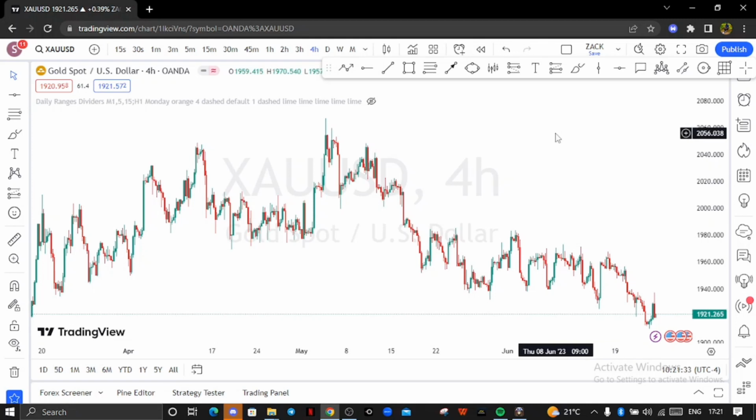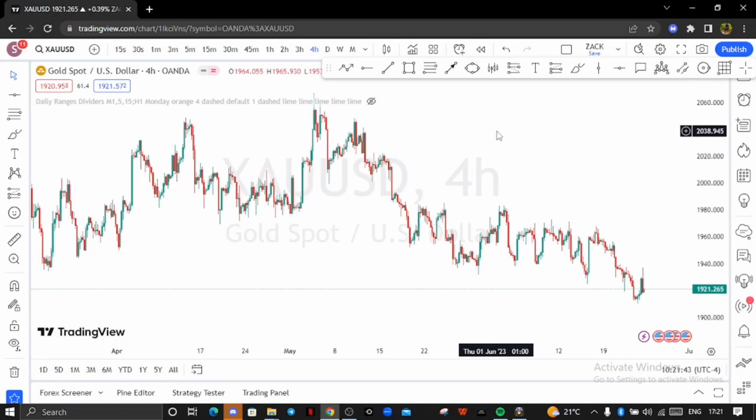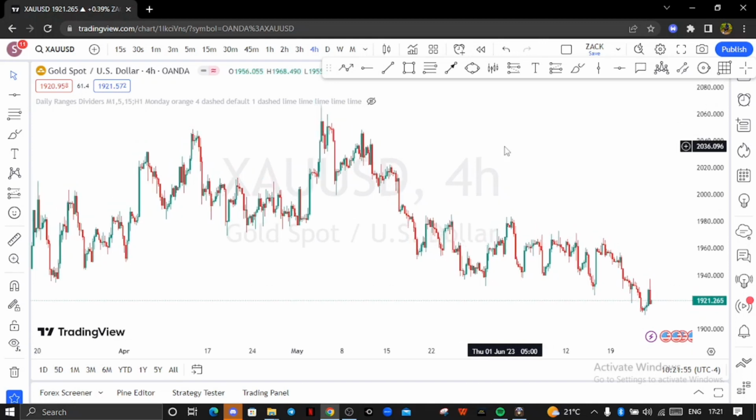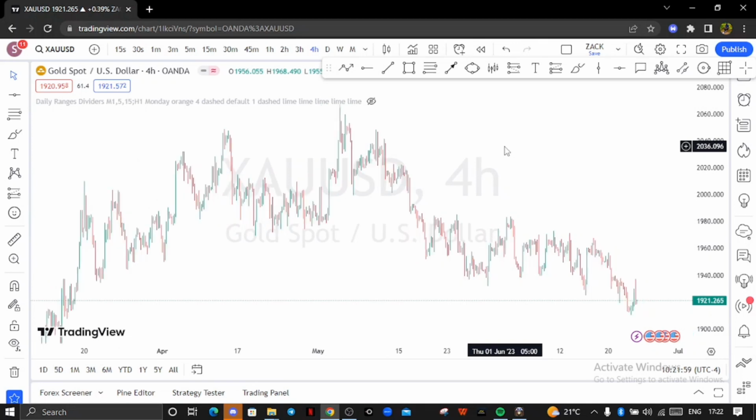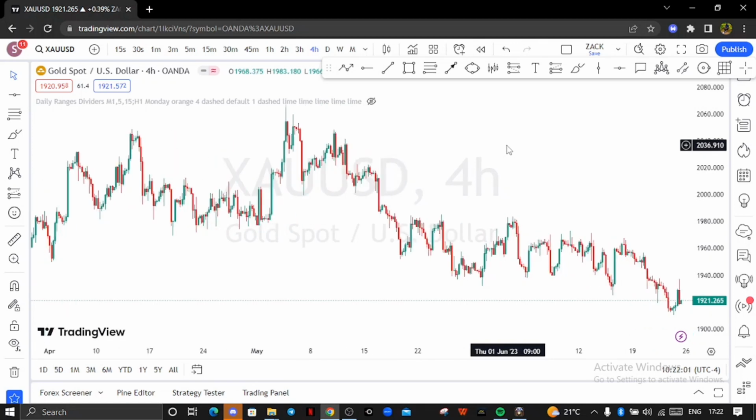First of all, I want you to all know that gold is a very volatile pair, and you have to be very careful trading gold. You have to use proper lot sizing, proper risk management, because you don't want to mess with gold, guys. It can be dangerous if you don't know what you're doing. So anyways, let's get into it, and we'll get to know more about gold, trading gold, as far as we